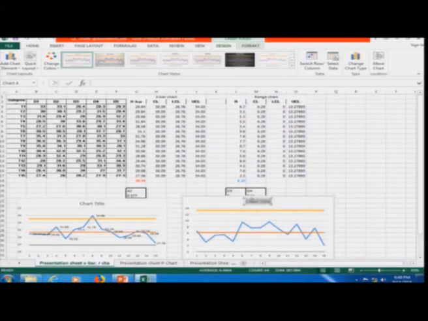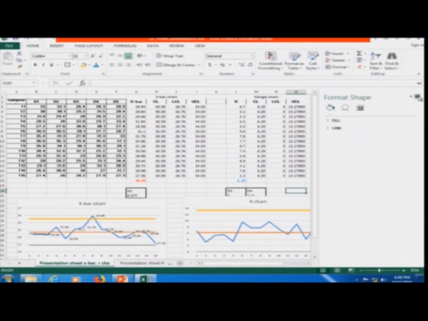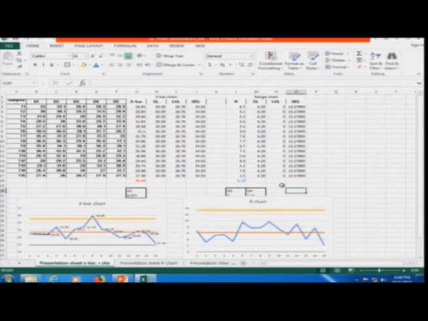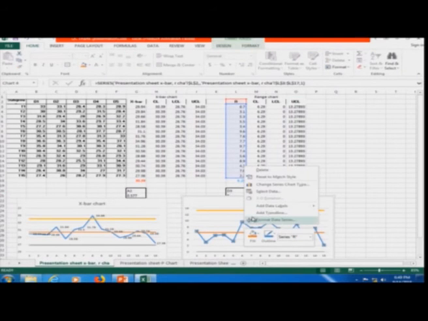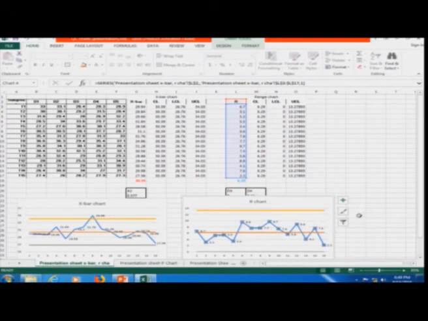So, I can put here R chart, the name of the chart is R chart and this is my X bar chart. So, I have plotted the R chart, but as I said before, actually just a sec. Now I will add the data labels as well here, it is showing here.